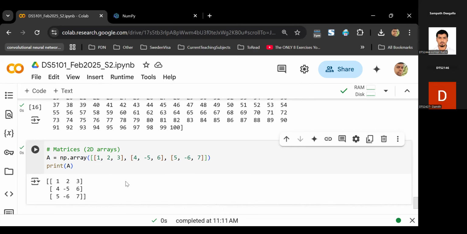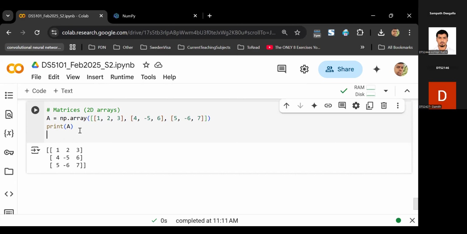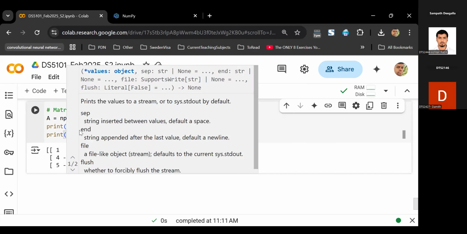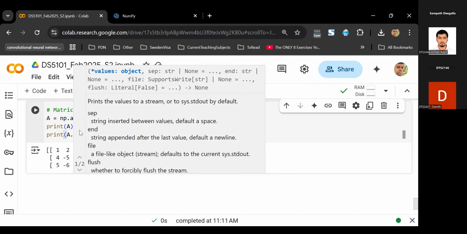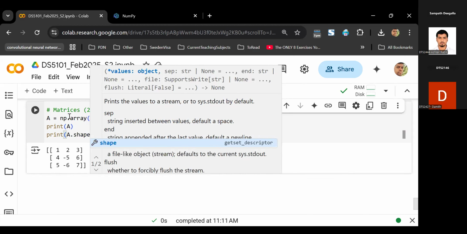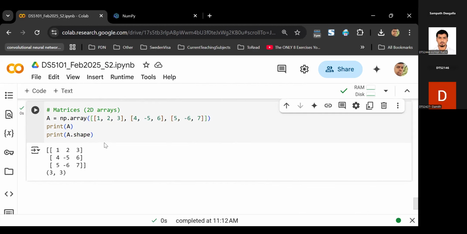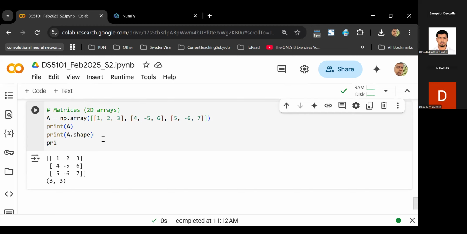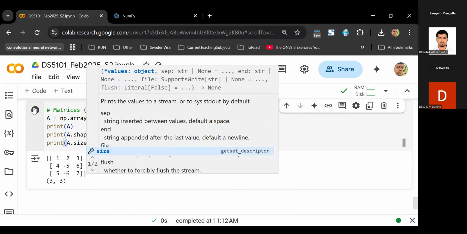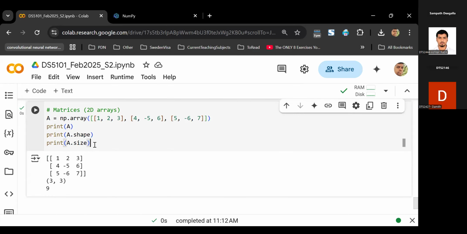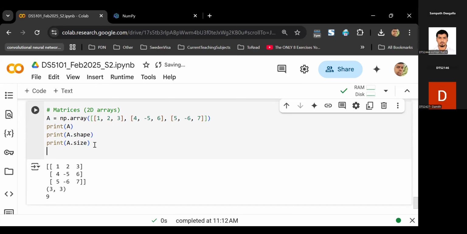In a similar way, if you take shape this time, the shape will give you 3 by 3. Size will give you 9 elements. And let's say if you want to access the middle element,